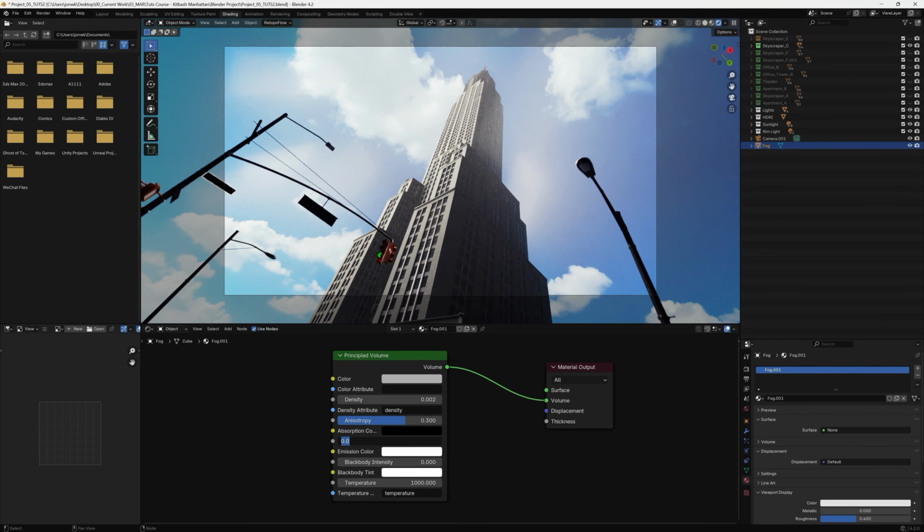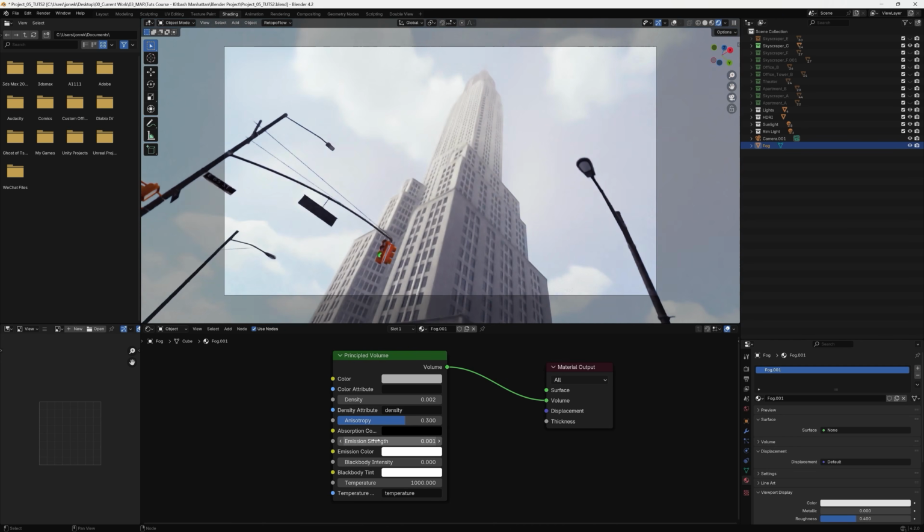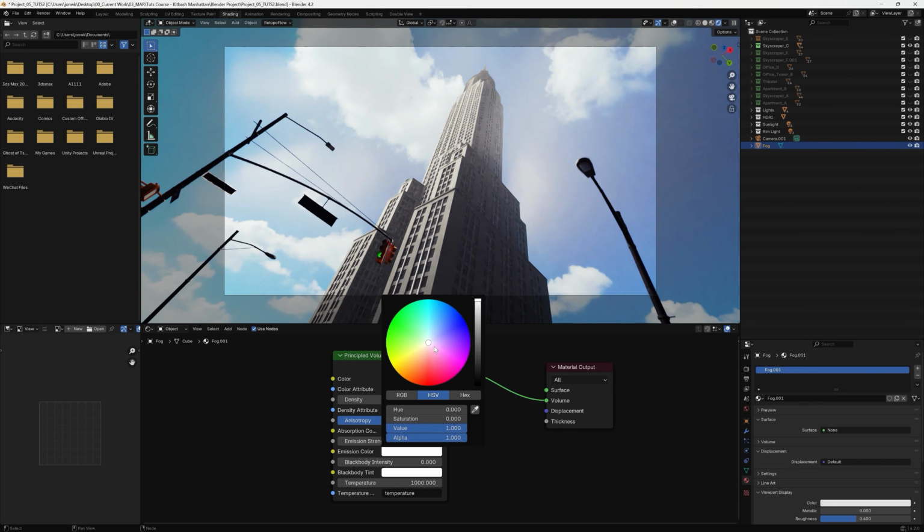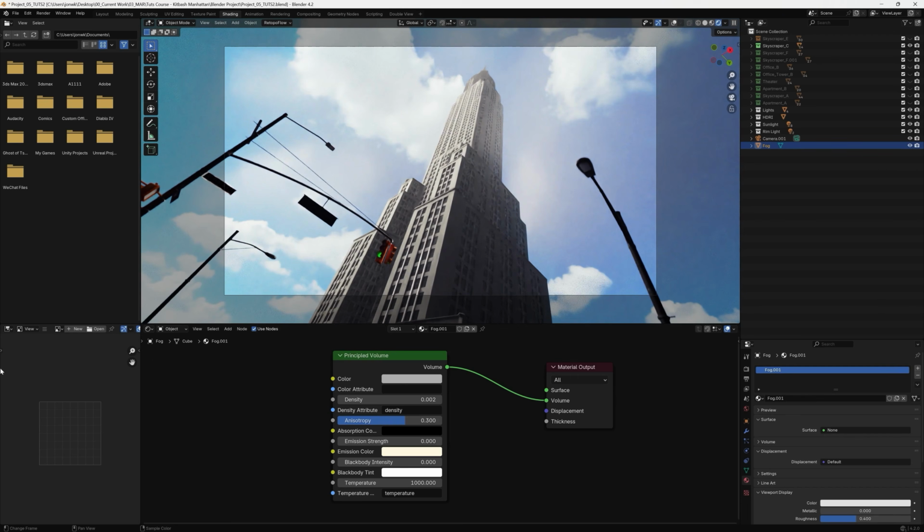So let's go ahead and change this to 0.001 and see what that looks like, or even lighter, so 0.0001. And we can also change the color as well, just to give it a little bit of a warmer